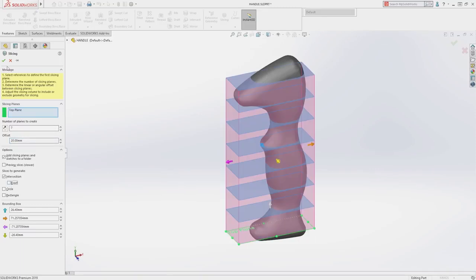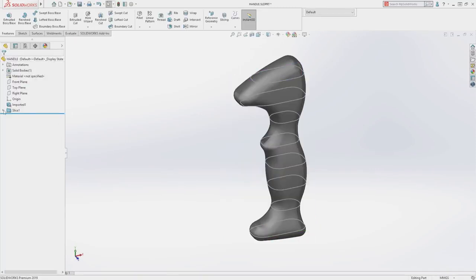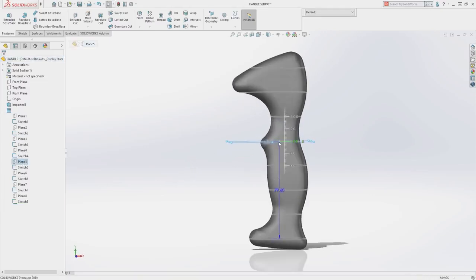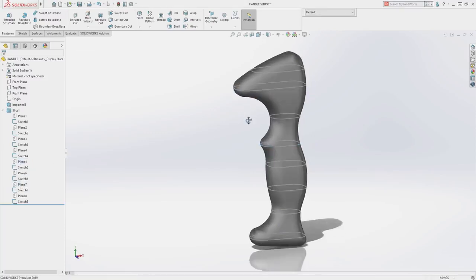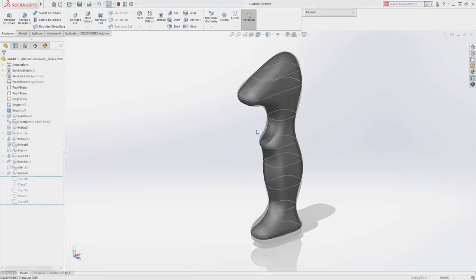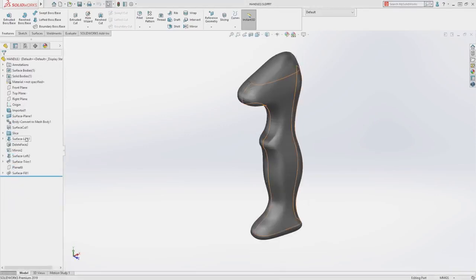Just define the number of slicing planes and the offset, and SOLIDWORKS creates the planes and intersection sketches and conveniently places them in a folder. These sketches can be dynamically edited at any time for exact positioning and can be used like any other sketch to create geometry or referenced to define the lofts and surfaces required to build a solid model such as this